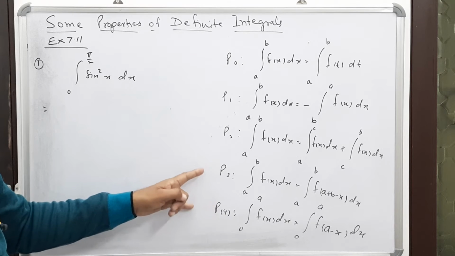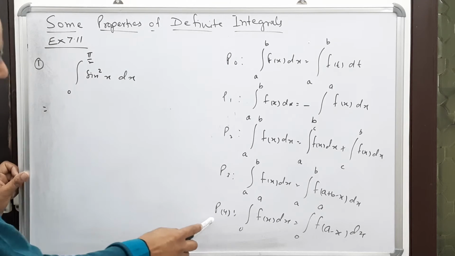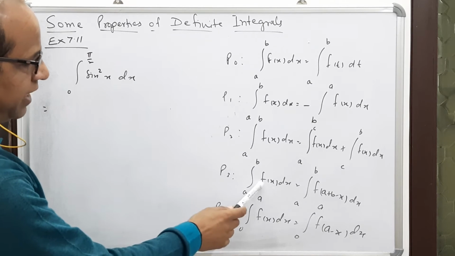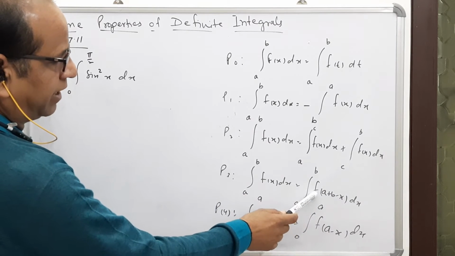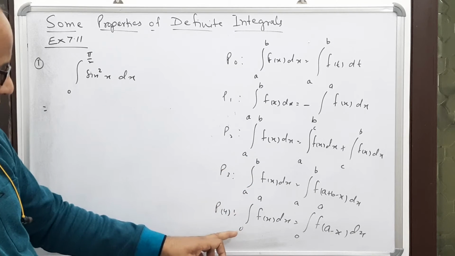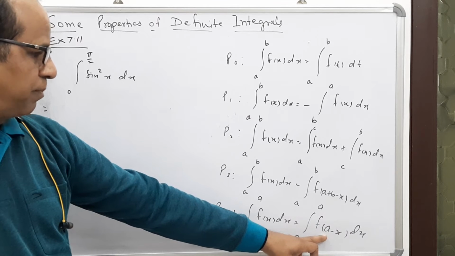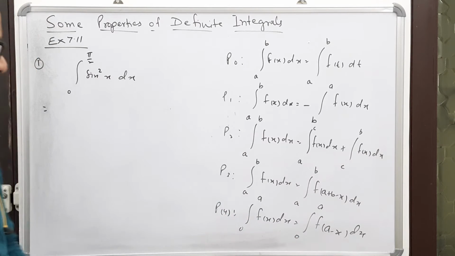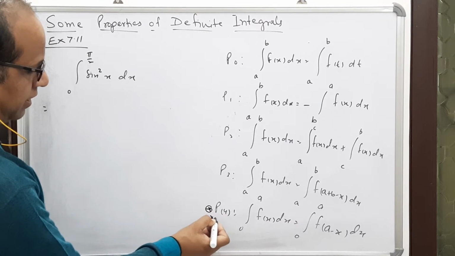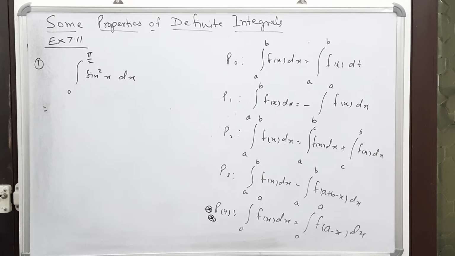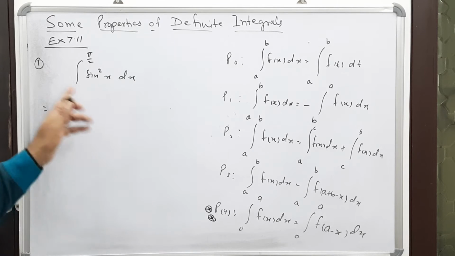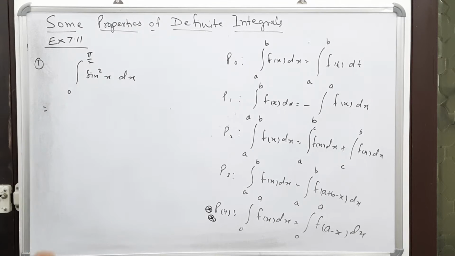Now the third and fourth are one and the same thing. The fourth is the example, meaning one case study of the third one. It is integral a to b f(x) dx equals integral a to b f(a plus b minus x) dx. Now here, instead of a, b, if it is 0 to a, then we write 0 plus a minus x, so a minus x. And out of these properties, this is the most important property. Almost all the problems of exercise 7.9 are based on property number 4. I am taking an example from this property number 4.